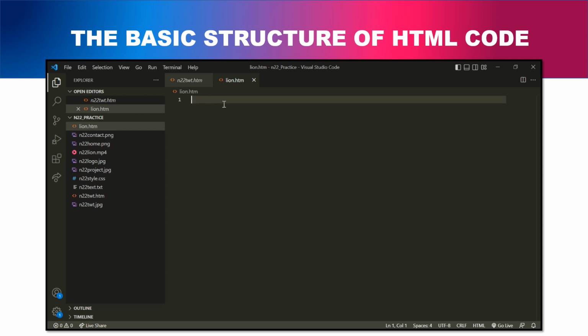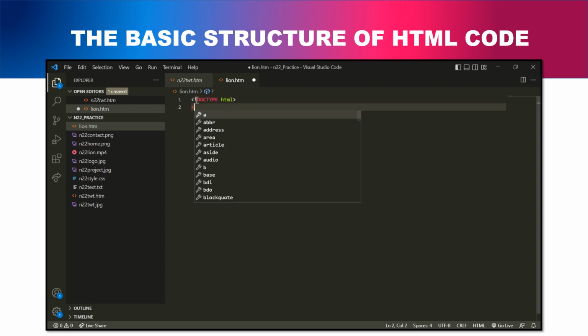Now, how do we start our HTML code? All HTML documents start with a document type declaration. So what is this declaration? It goes like this: exclamation mark, doc type HTML. So this is the declaration you must include whenever you start your HTML code. Next we write HTML and close it. Here it's automatically closing, else you must remember, if you are opening a tag you must always